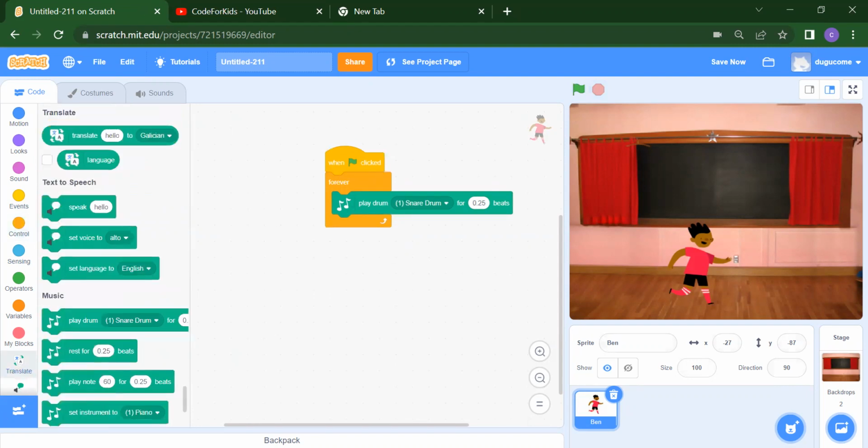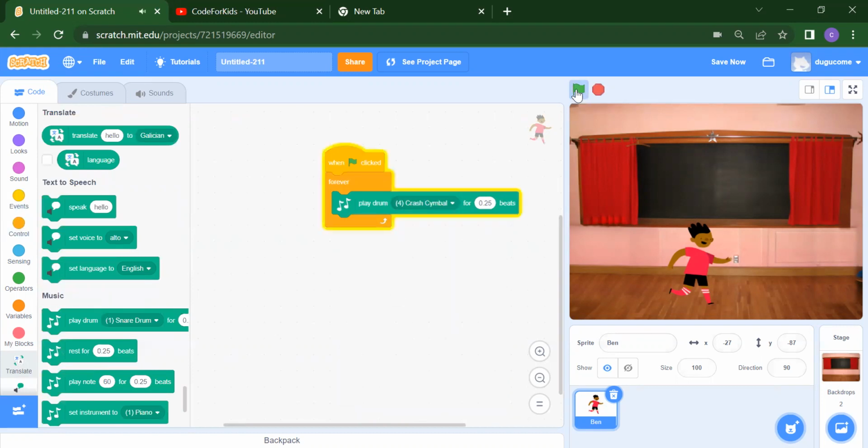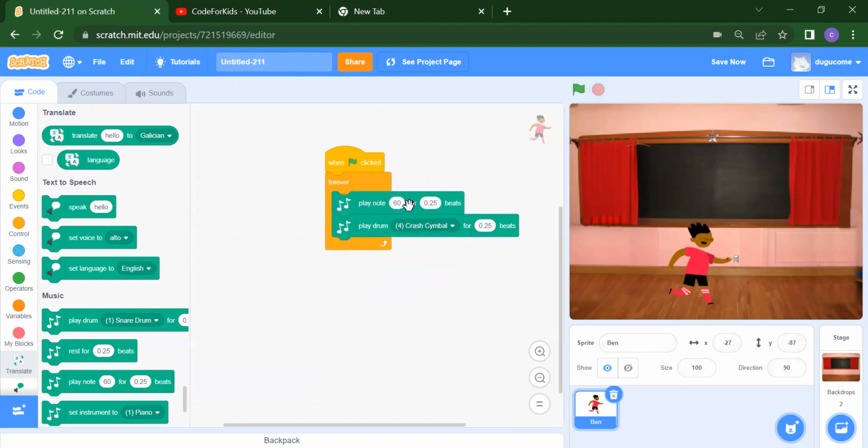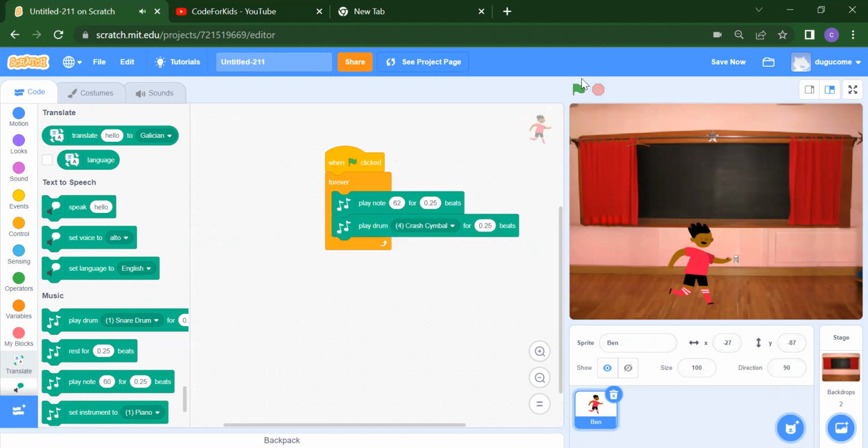Okay. After that, if you want to change instead of this drum, we have bass drum. See, you will get different sound for that. Instead of that, if you want, even we can play this note also, whatever note you want. Okay, see we have suppose, now see, you will get both the music. Okay, after that if you want the set instrument of piano,